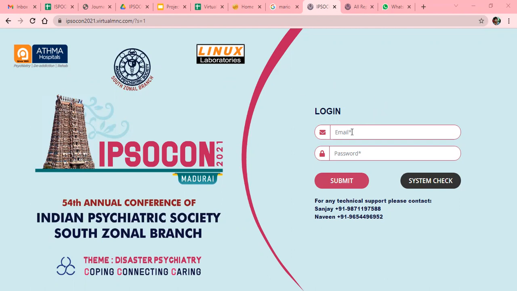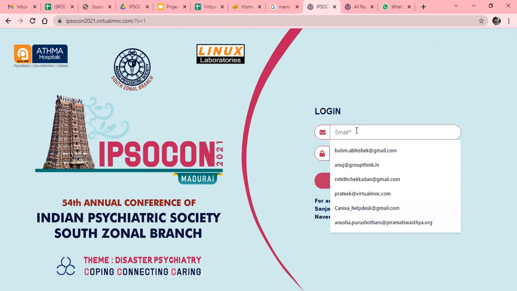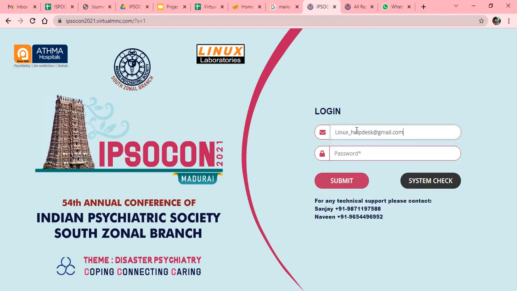So here you can write the email ID as per your representative, which you have entered in the representative place. You need to put a password, which is common for everyone.